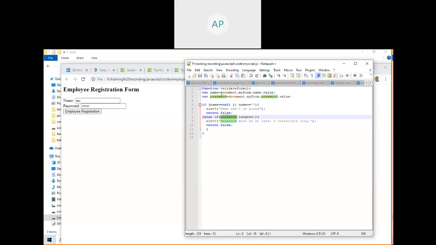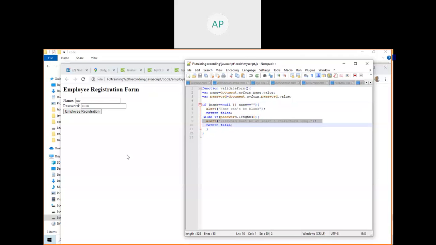See here in JavaScript, if password.length, document.myform.password, this one can be anything. If it is going to be p, then you need to make it here. There's a variable, right? To be meaningful, we declared a name variable. It can be anything. Accordingly, we are checking whether it is null or empty, and we are checking whether the password length is 6, and alert is the thing which is alerting you.